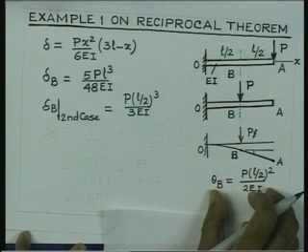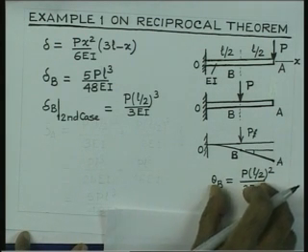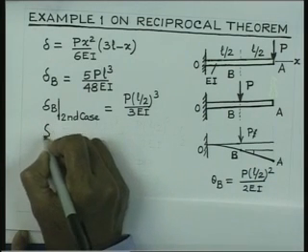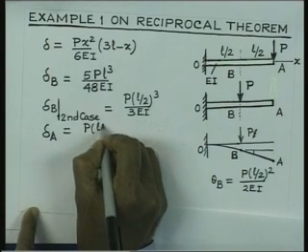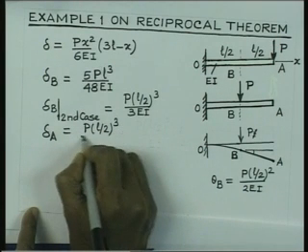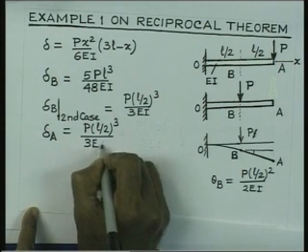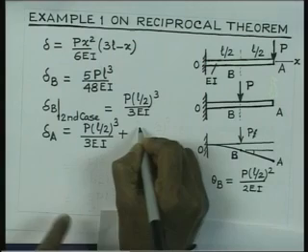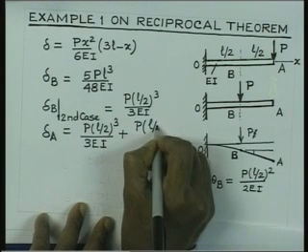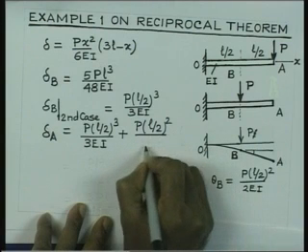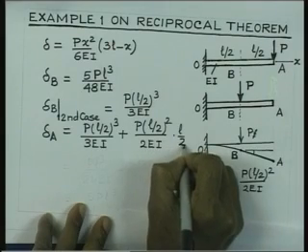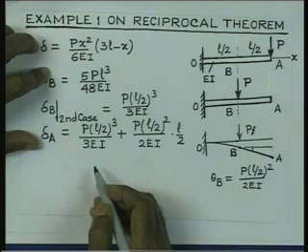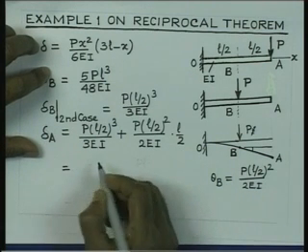the deflection due to this rotation to this one. So, therefore, delta at A is equal to P (L by 2) cube by 3 E I plus P (L by 2) square by 2 E I multiplied by L by 2. So, we have got this delta A given by this relation, and this comes out to be